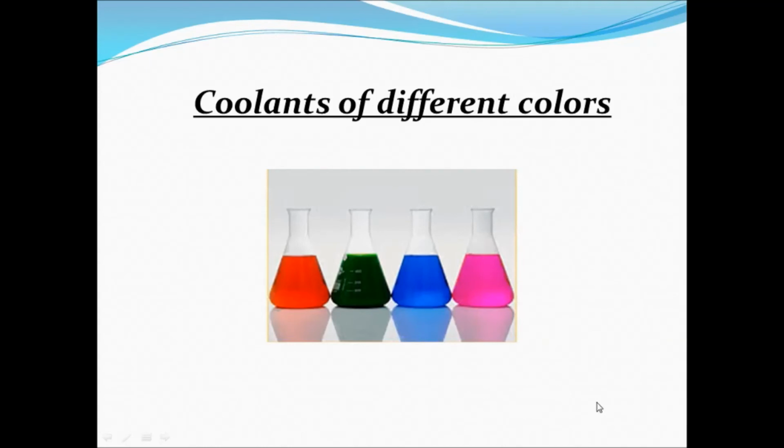Okay, we would have come across coolants of different colors like orange, green, blue and pink. So the ethyl glycol, which is added in the coolant, is a clear liquid and does not have any color of its own. So the coolant gets its color from that particular dye which has been added to it. But this adding of dye also has a specific reason. The color of the coolant denotes the type of rust inhibitors which is administered in the coolant. So using the manufacturer recommended coolant becomes important. Each type of engine demands a type of inhibitor to prevent its wear.